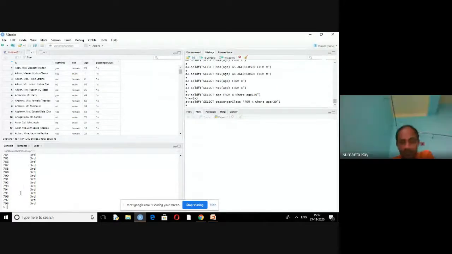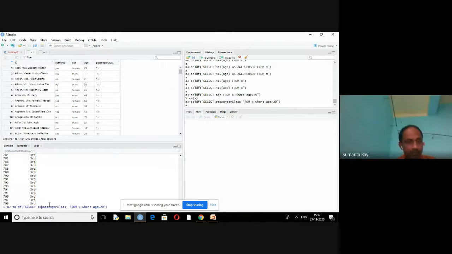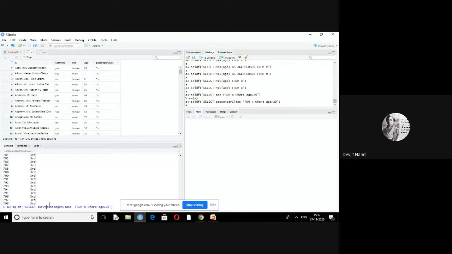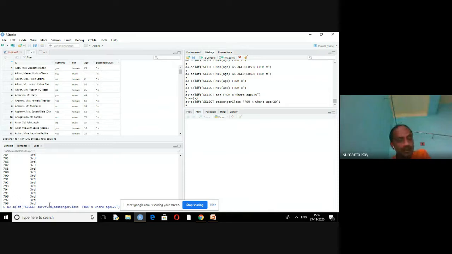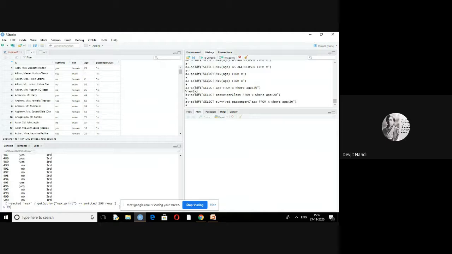In this way, you can write the query. There are so many structured query language queries you can write. Not only passenger class, you can add another column, that is survived. If you add more than one column name here, they are separated by a comma. Clear? They are separated by a comma. You just write here, enter after this one. Q and A.